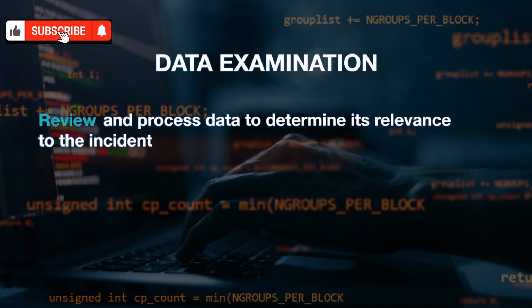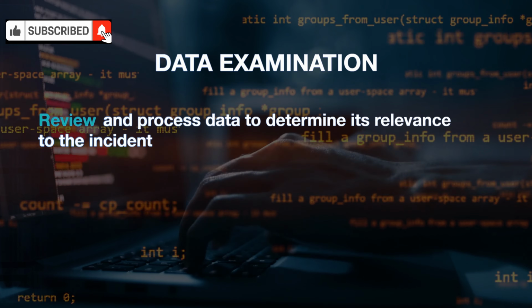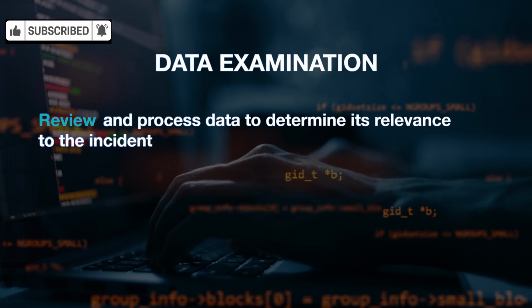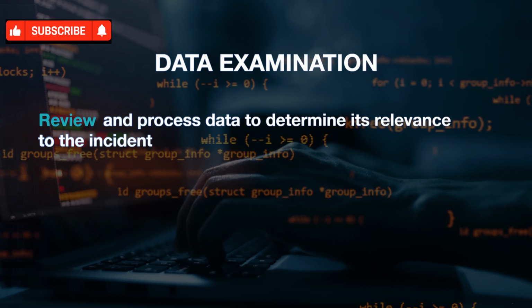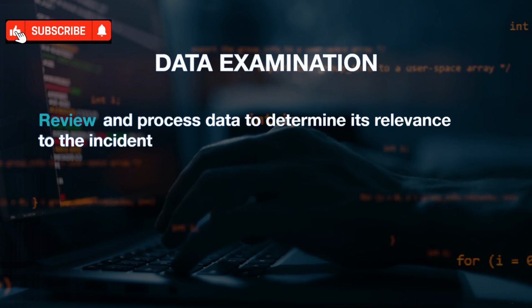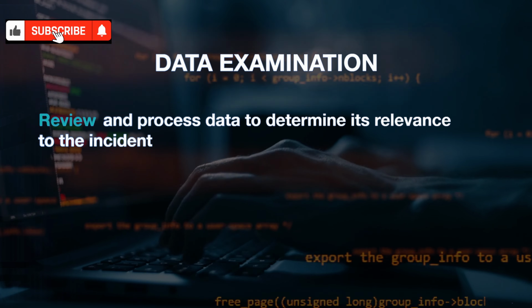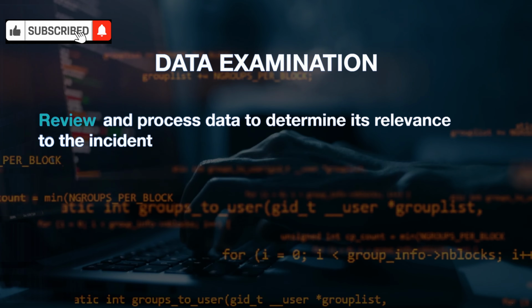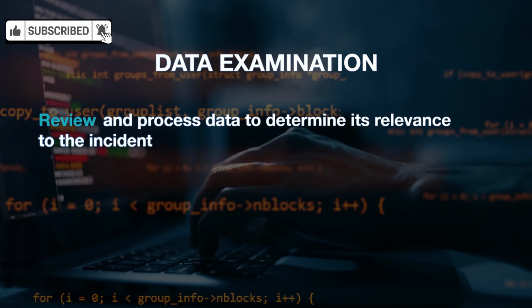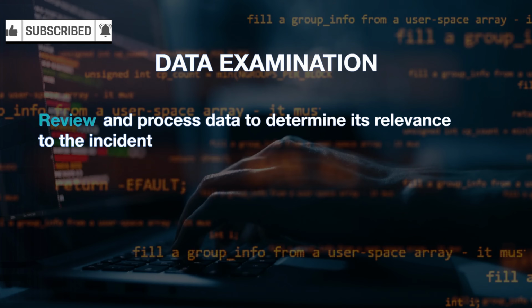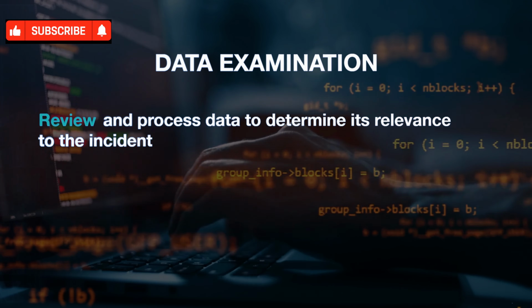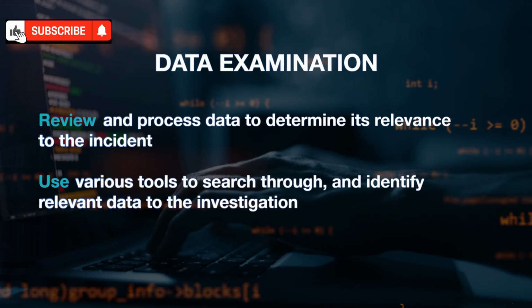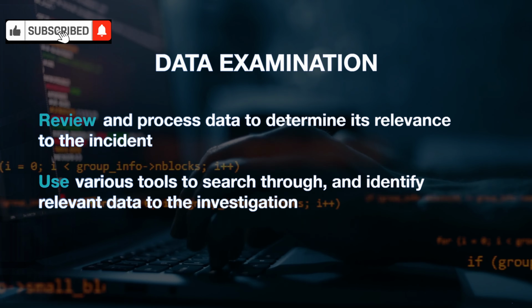Then we will again want to look for the best evidence and also the real evidence, things we can present, things that are going to be admissible. And also, what is the best possible evidence we can present to verify that this violation did or did not take place. Okay. And then you want to use various tools to search through and identify relevant data to the